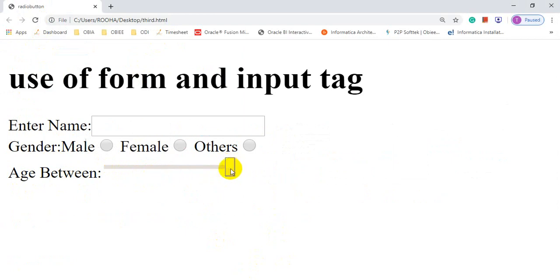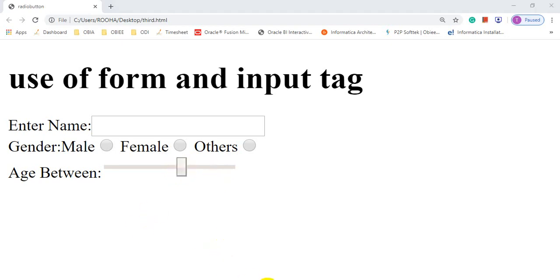Okay, you can scroll to any value. Okay, the default value is 0 to 100. Okay, you can set any value. Now it's mostly used when you are going to set a certain volume of any audio or video, or sometimes it's also used for age or any number in which we have to assign some upper value and lower value.